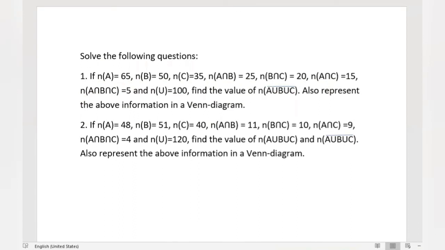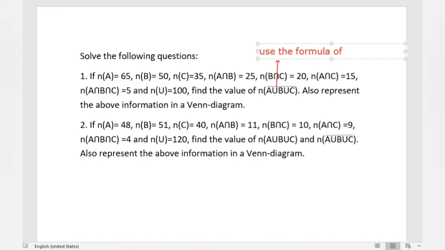Just for this, use the formula. To find this out, you can use the formula.